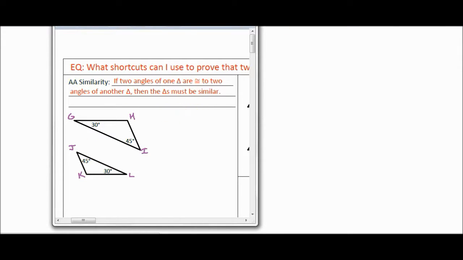So here's what we can write. Since angle G, you can see that angle G is congruent to angle L. They both have the same angle measure. G and L are congruent. You also see that angle I is congruent to angle J. So I and J match up. We've already proved it, class. Two angles from the first triangle are congruent to two angles of the second triangle. Then we know